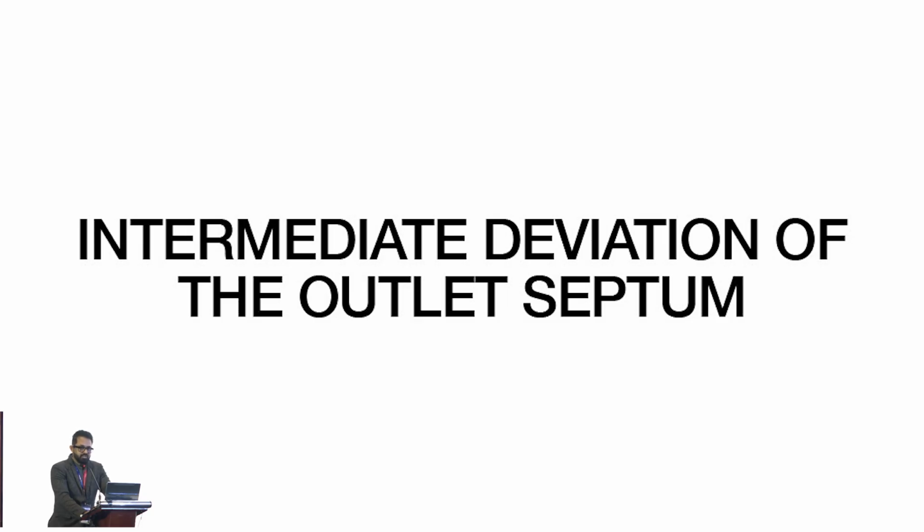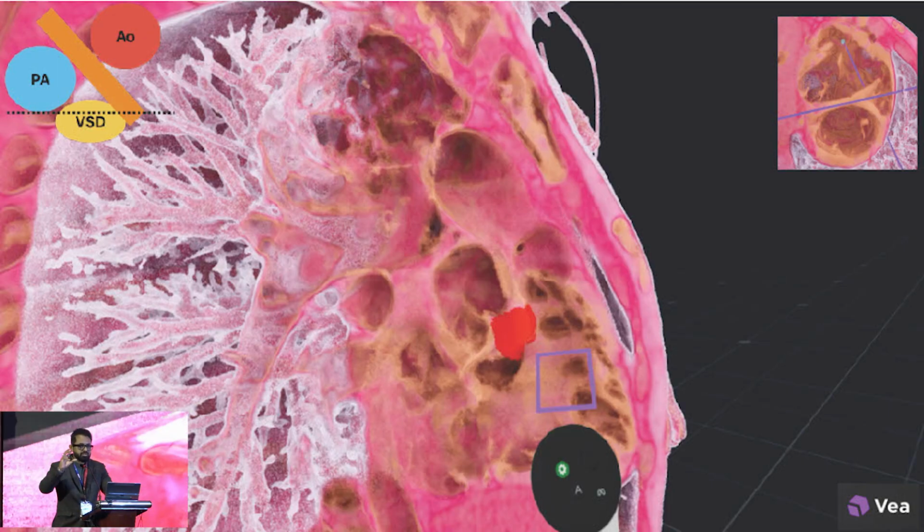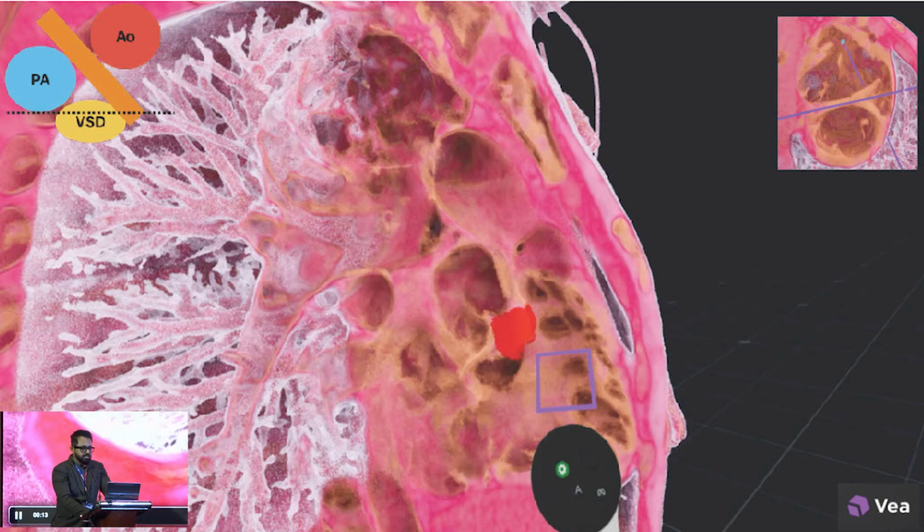We also found something which has not particularly been described before, that the deviation of the conal septum is neither perpendicular nor parallel, but is somewhere intermediate. And if this outlet septum is deviated at an angle of more than 45 degrees, it behaves more like a perpendicular septum, with one of the arteries being on one side and slightly more anterior. In this particular case, this is a subpulmonic VSD, and the aorta is leftward and slightly anterior to the pulmonary